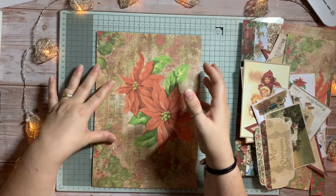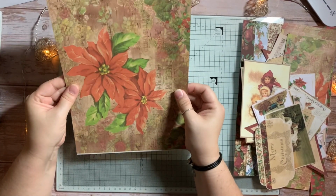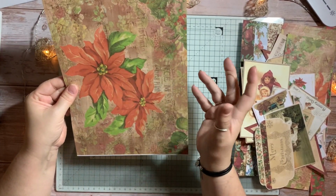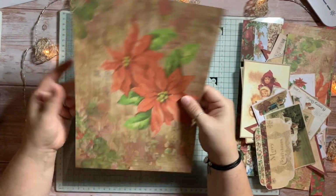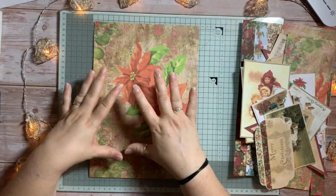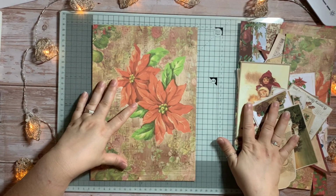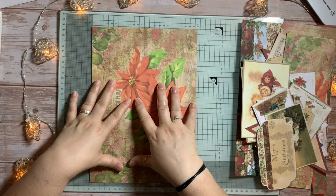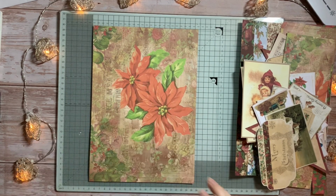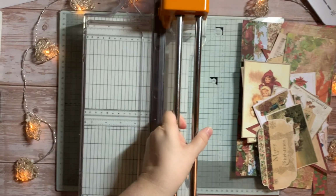But what I have done is I've chosen this as my main piece. And the reason I chose this was because it doesn't really matter what direction your project is going to take. So it's kind of non-directional. It's perfect for what we're going to do today, but we're also going to try and utilise some of the beautiful stuff that Rach has produced for us. Okay, so without further ado, I'm going to get my